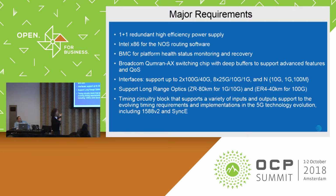And in terms of the MAC, we selected the Broadcom DNX family Qumran chip with a deep buffer to support all the advanced features, as well as QoS, which is one of the requirements that we have to support. In terms of the interface, this is a very high density, high bandwidth